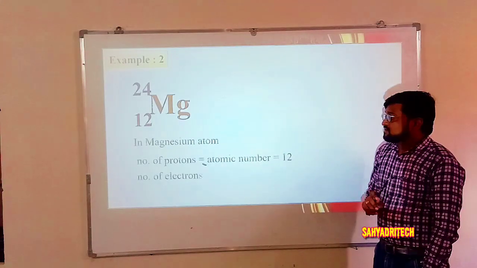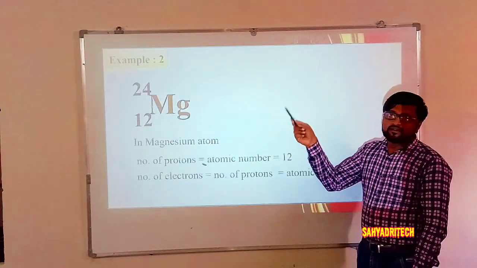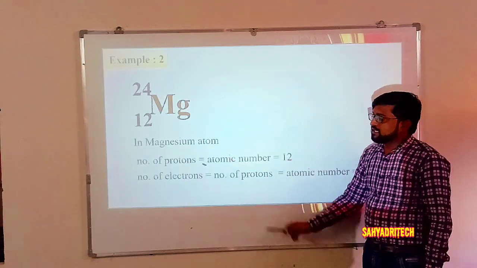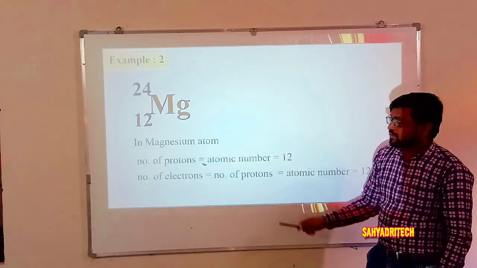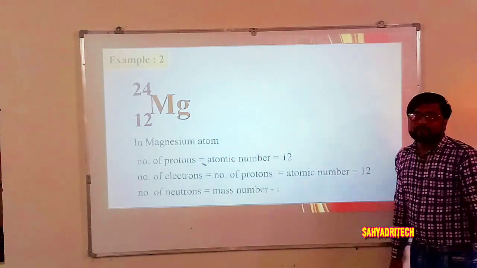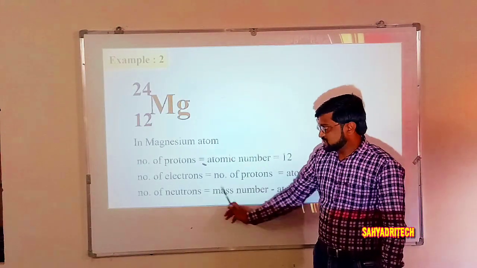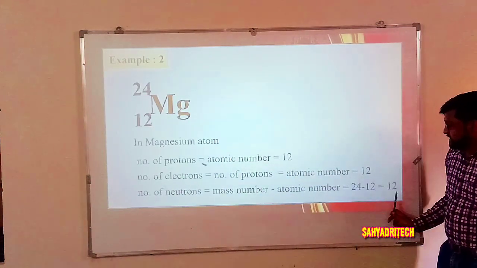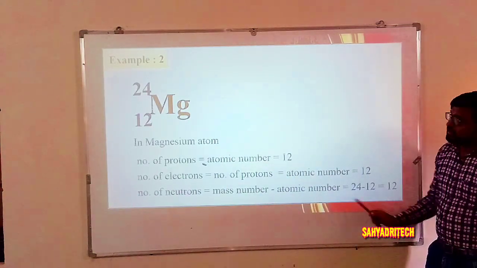And what about electrons? Since it is not going to carry any charge, so atomic number itself indicates the number of electrons also. Okay, so number of electrons is equal to 12. Then if I consider number of neutrons, mass number minus atomic number, 24 minus 12, that is answer is 12